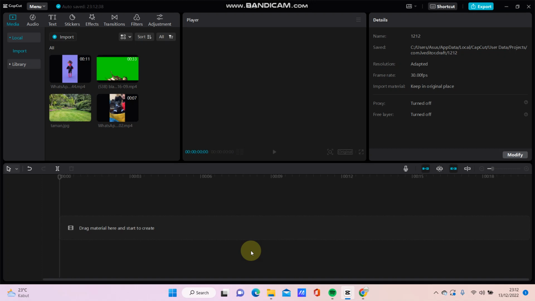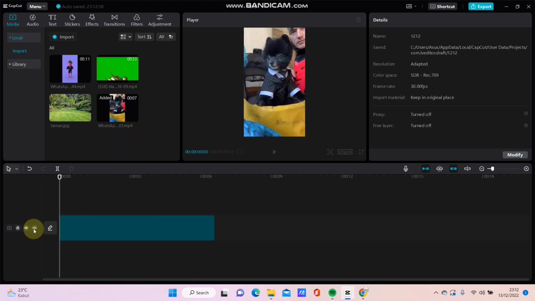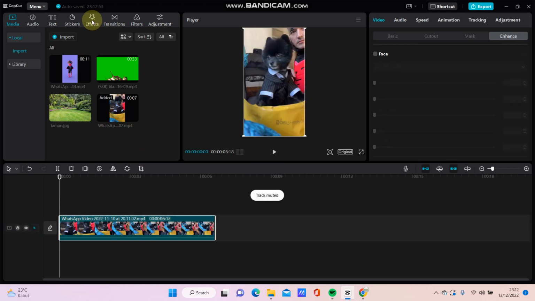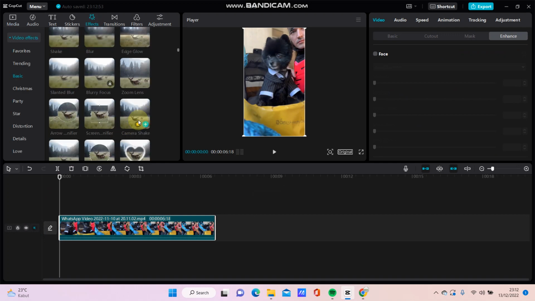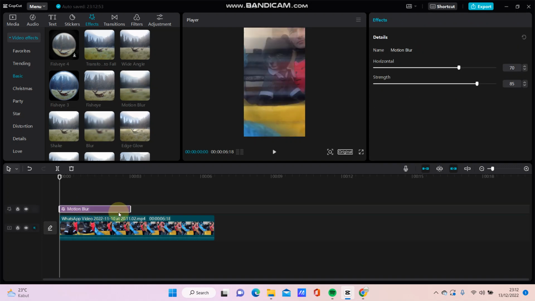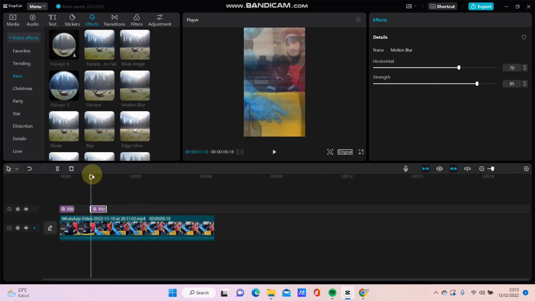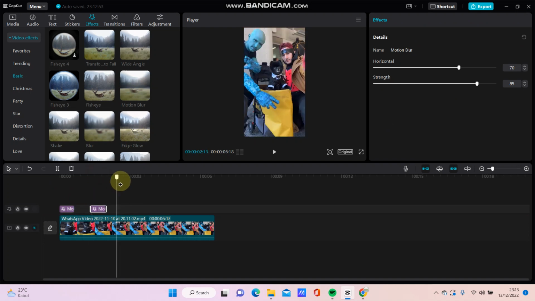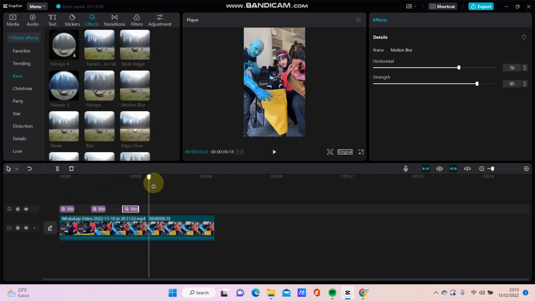In this video I'll be showing you how you can edit videos like this on CapCut using the Mainstays effect. Just select your video and then I'm going to select first effect. Just select this motion blur and make it short, and then copy paste in the same length until the finish